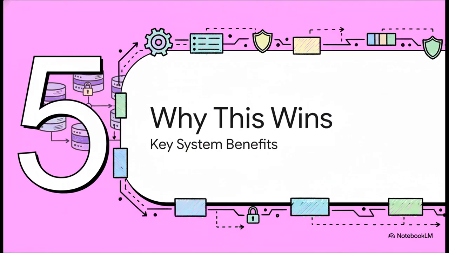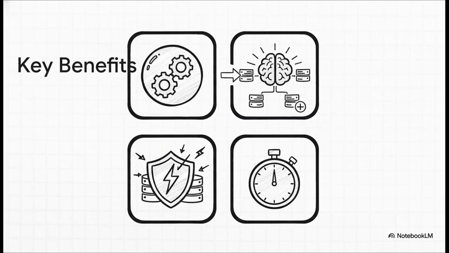Okay, so we've seen the how. We know how it works. But let's zoom out for a second and talk about the why. Why is this particular setup, this architecture, so powerful for building real, modern apps that can actually scale? Let's run through the wins here. First, that atomicity we talked about. Thanks to our Lua script, the rules are ironclad. No one slips through the cracks.